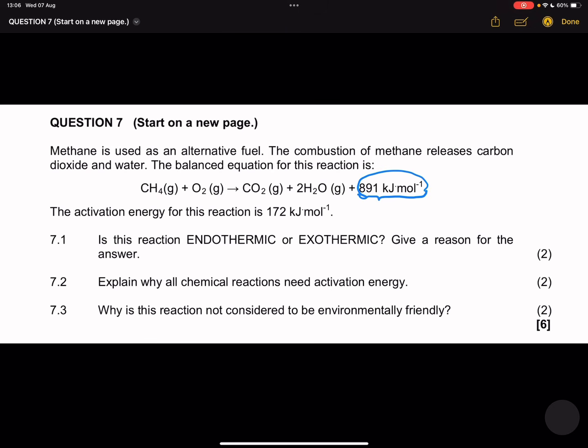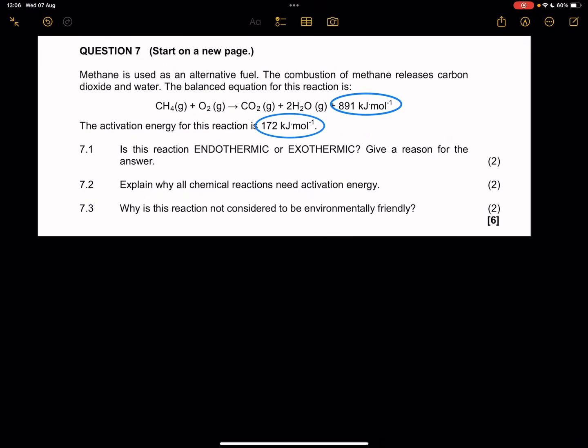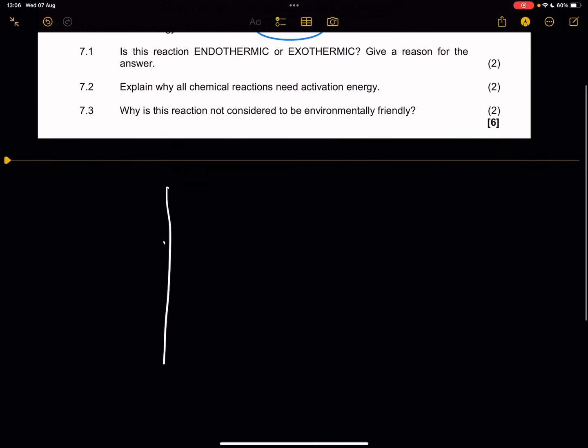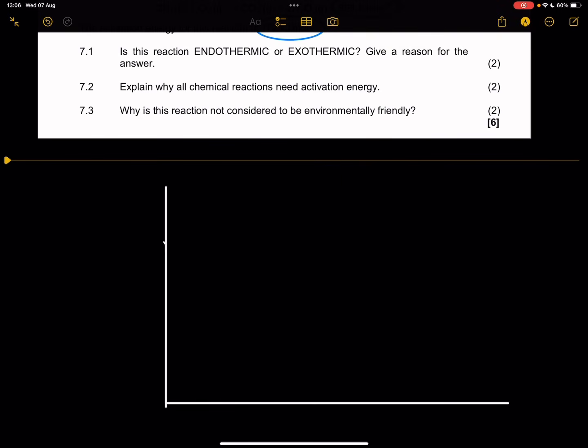So that means that as we form carbon dioxide and water, we are also just releasing energy. And look at that, the amount of energy that is released is way greater than the activation energy, the amount of energy that is absorbed over there. So if we were to draw the energy profile of this reaction, even if we didn't know what the energy profile of the reactants are,